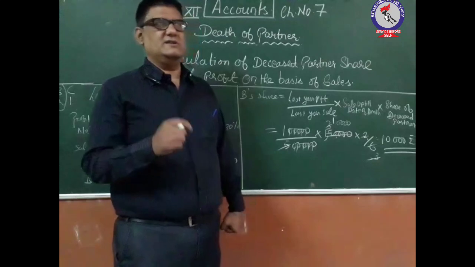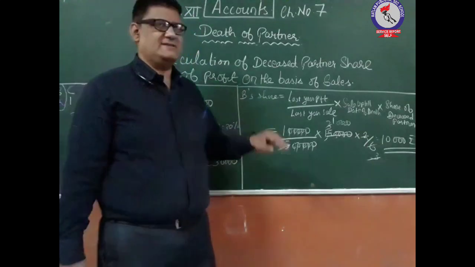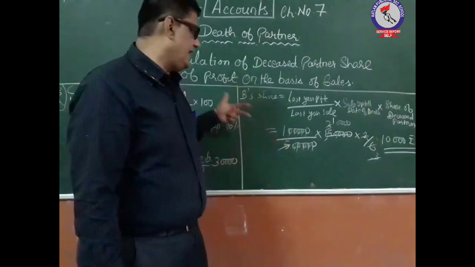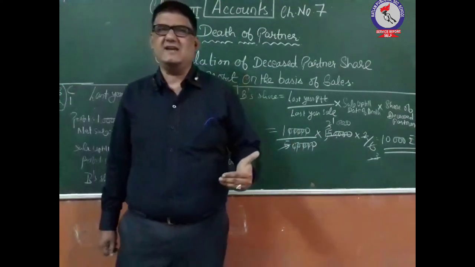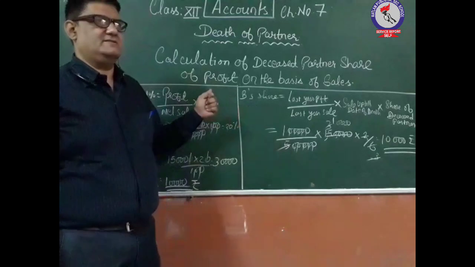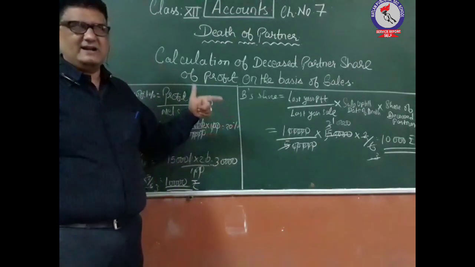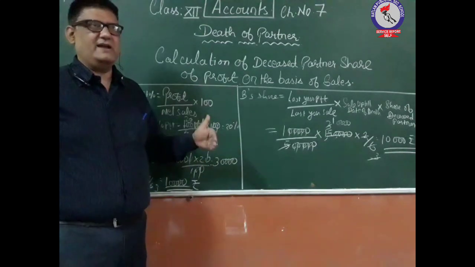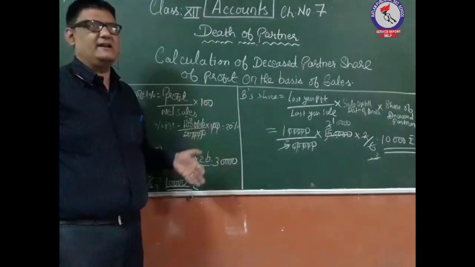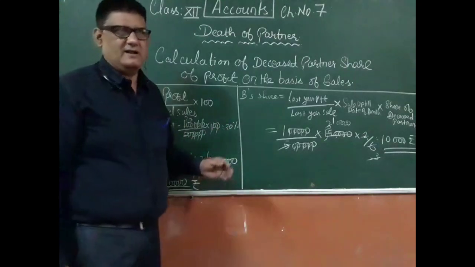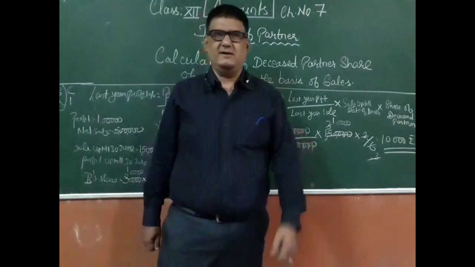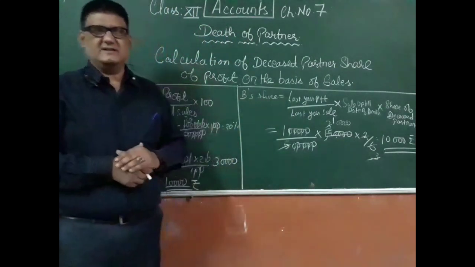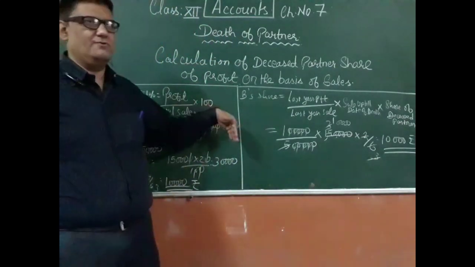And we can also do this thing that in place of passing the two entry we can pass the one entry, because in the second case where the ratio is changing, one time P&L suspense is debited and in another entry it is credited. So what we can do, it will nullify the effect, so we can directly make the entry gaining partners capital account debit to outgoing partners capital account. So the general entries we have already discussed in the previous session how we have to do it.